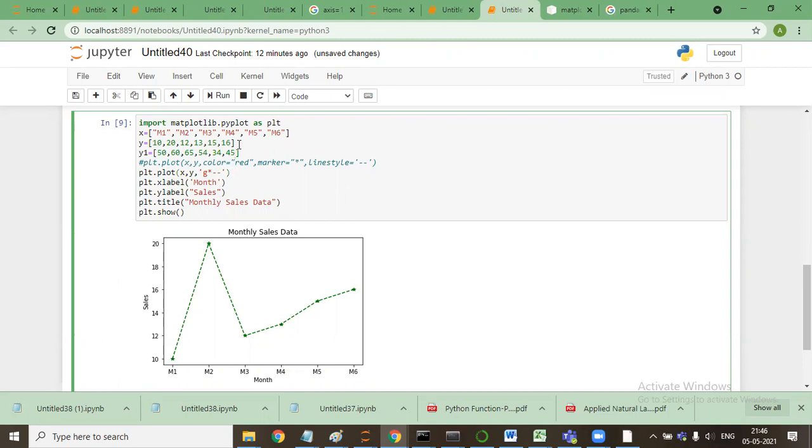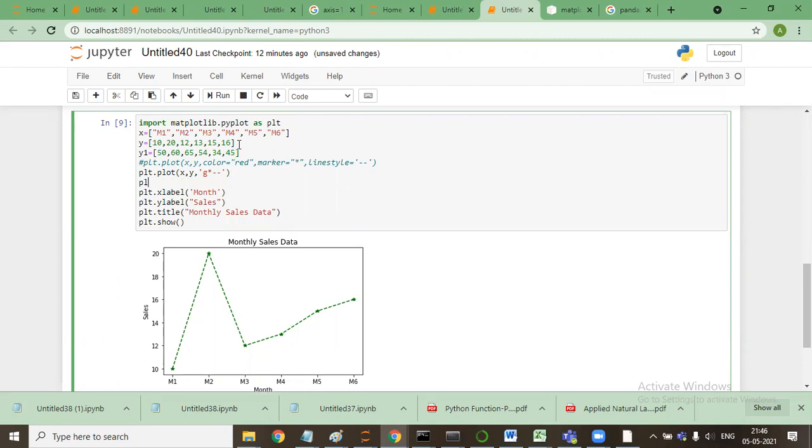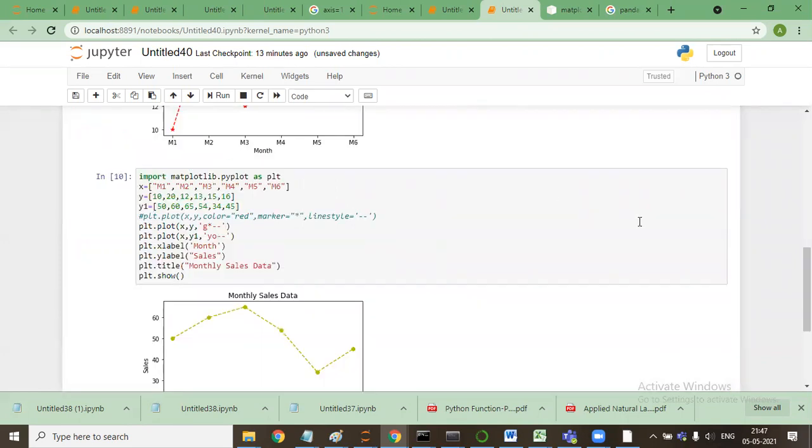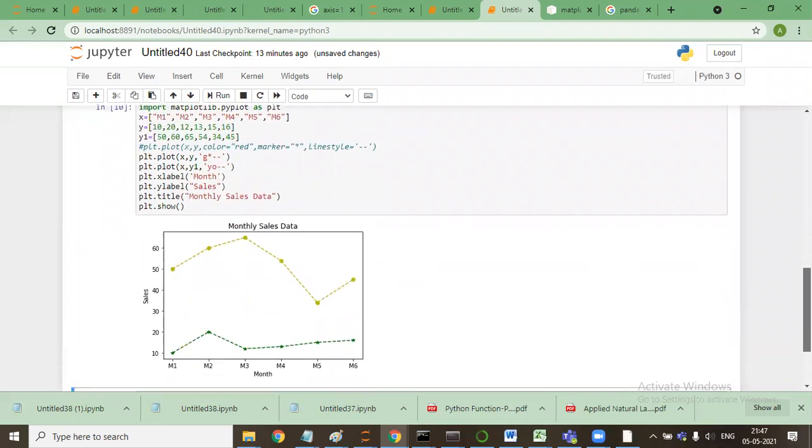And I'll say plt.plot(x, y1), and I'll say a yellow line, so with instead of star I'll say O, and I'll say minus. I'll say shift enter. So here we will be getting two lines.